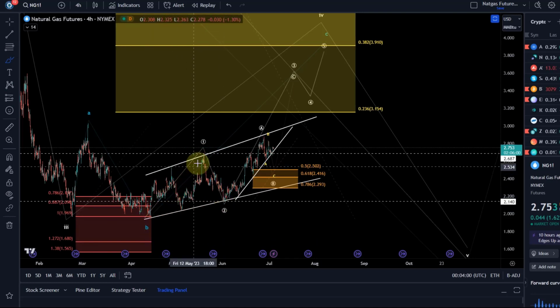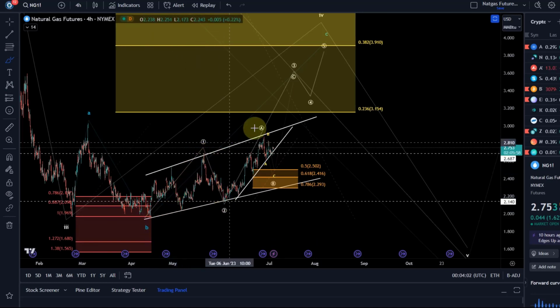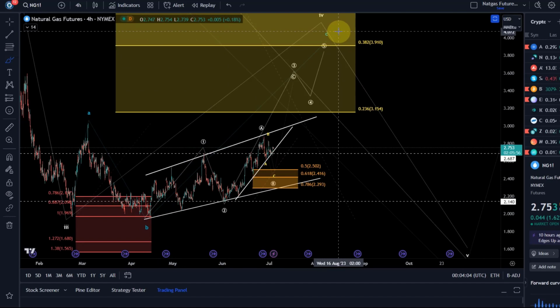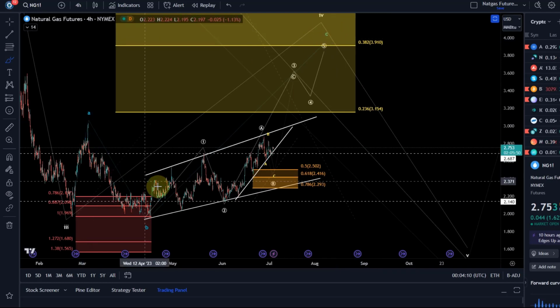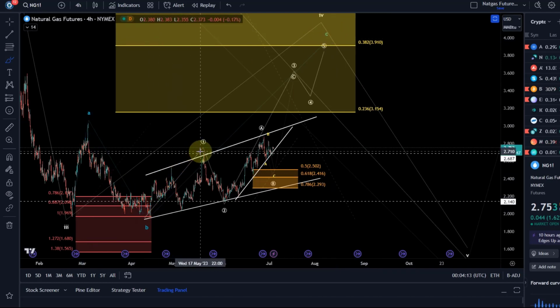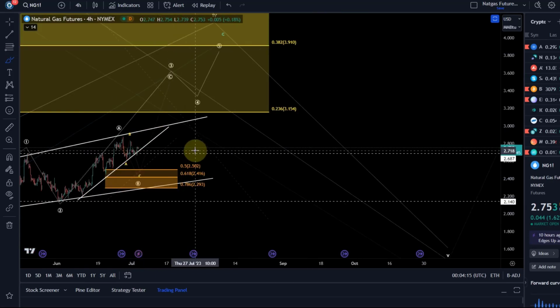The wave 1 is a 3-wave move because the wave count suggests it's a diagonal, which means that each of the subwaves is a 3-wave structure. So the wave 1 would need to be an ABC move. Yeah, so if I zoom in a little bit,